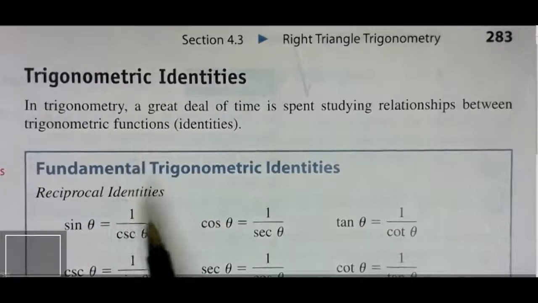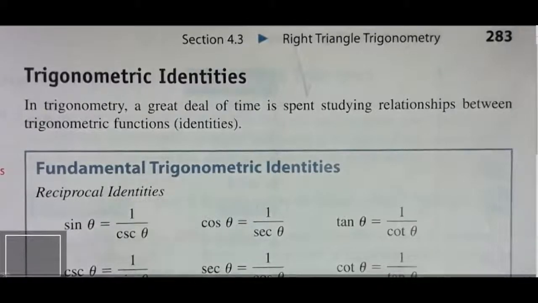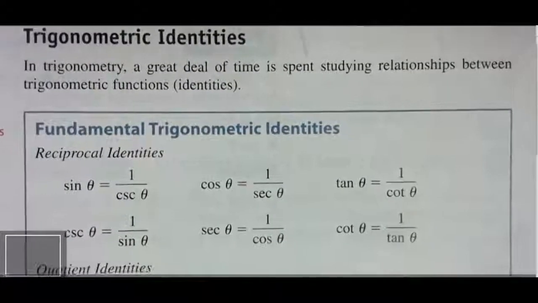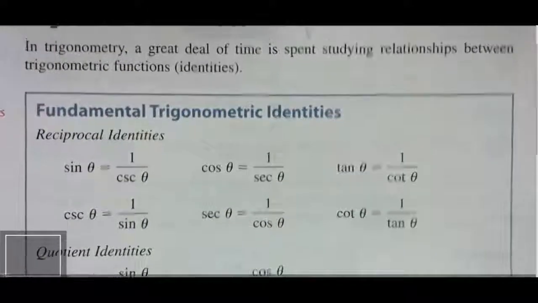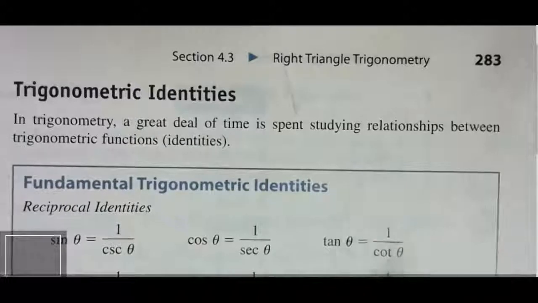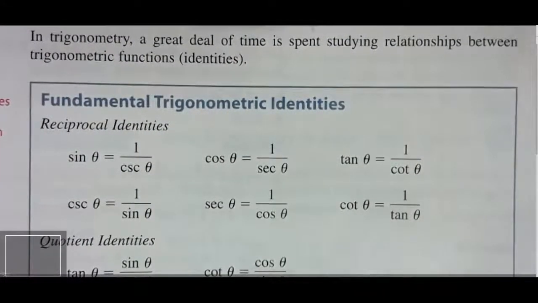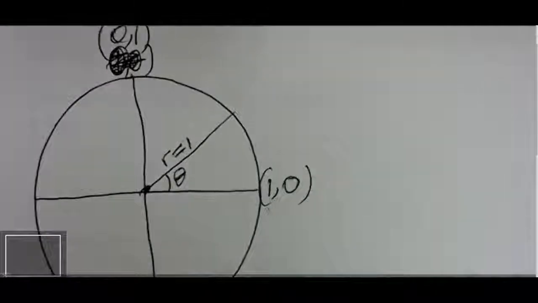But you need to know these trig identities, okay? And I believe if you know how those identities come about, it will be easier to remember them. They have them on this table, page 283 from your textbook. And let's just go back to the unit circle. Let's start by deriving some of these